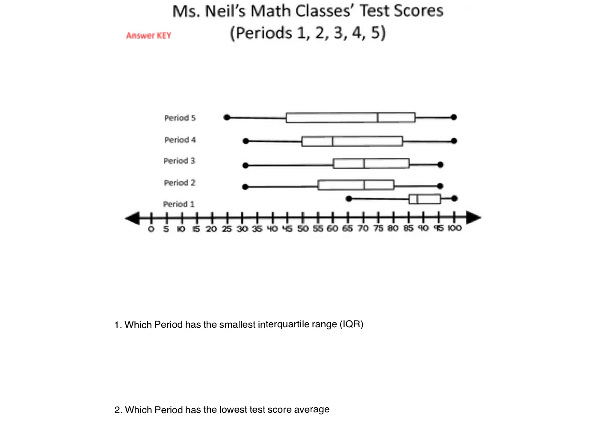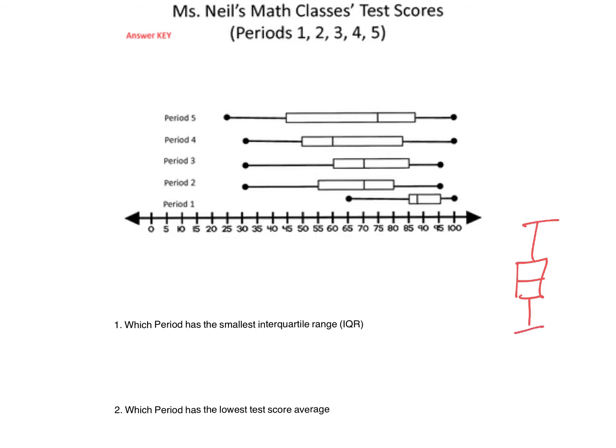Continuing. Ms. Nielsen's math class test scores, her periods 1, 2, 3, 4, and 5. Question 1. Which period has the smallest interquartile range? Now, I should have talked about interquartile range prior, but in so many words